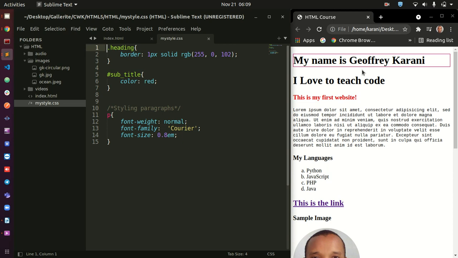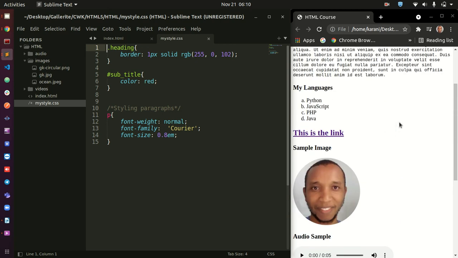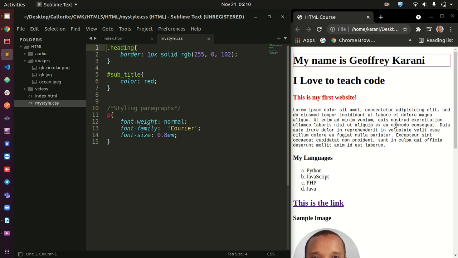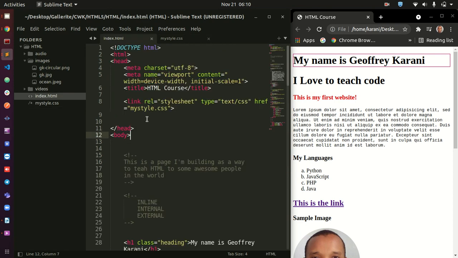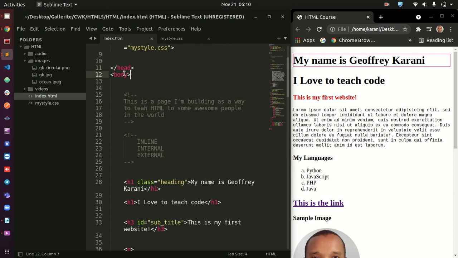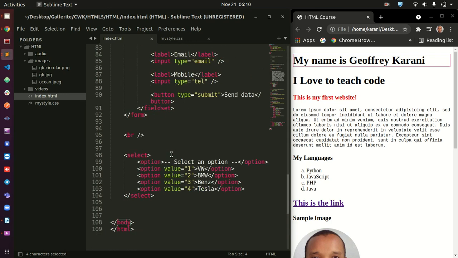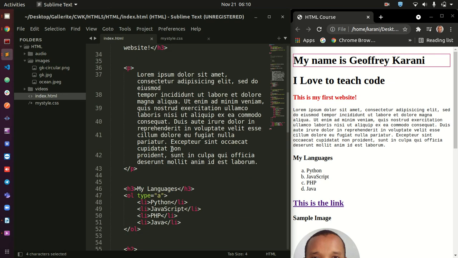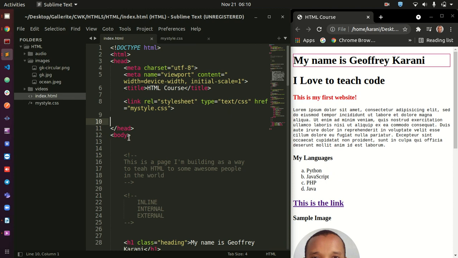So let's say for instance you want to give your website a background, and maybe you want to do something like a color or something like an image background. I'm going to be showing you that. Because this is the whole website, we are going to target our body here, because you can see we have a body that covers everything on our website. So we can just target the body and everything will be taken care of.